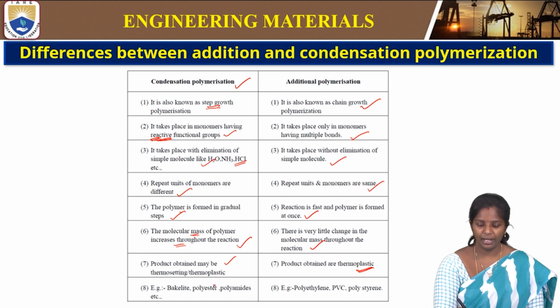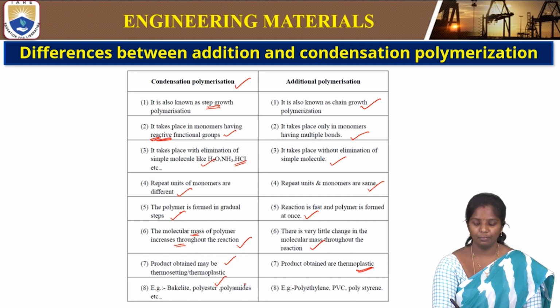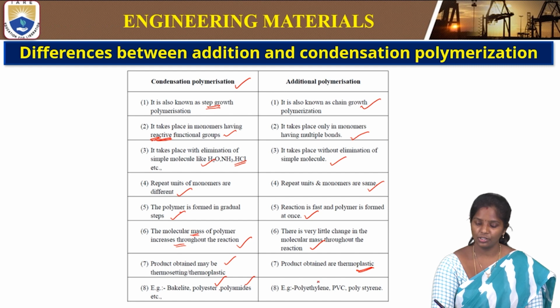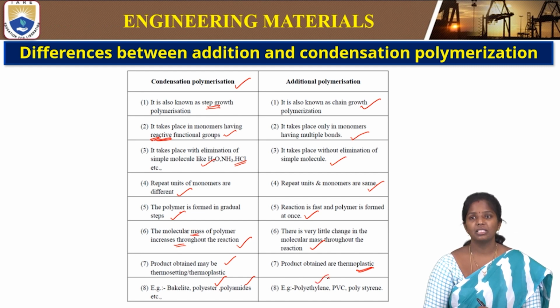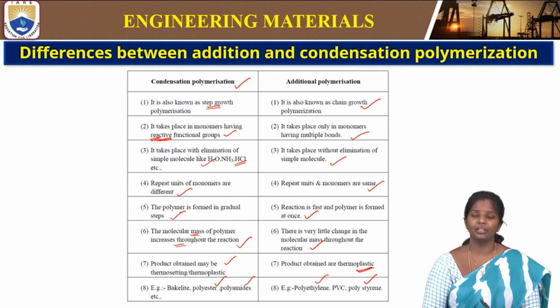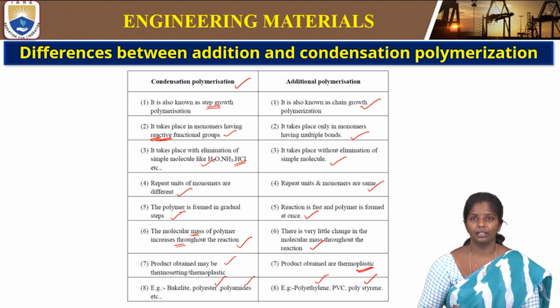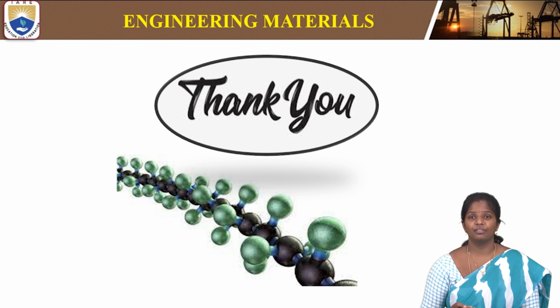The examples for condensation are bakelite, polyester, and polyamides, and examples for addition polymerization are polyethylene, PVC, and polystyrene. These are good examples and a simple way to remember and understand addition and condensation polymers. With this, we will see in the next session the reaction mechanism for different polymers with good